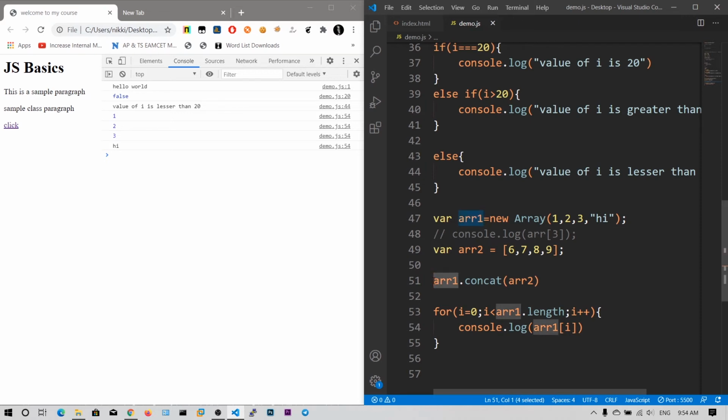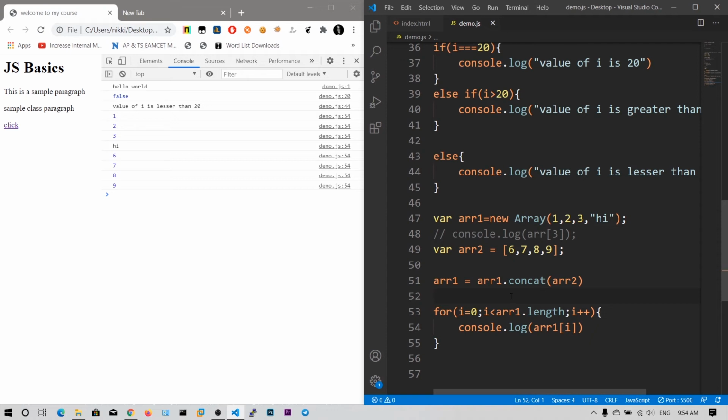But what you need to do is say array1 is equals to, sorry, what I did, okay, we have got array1 with 4 elements, array2 with 4 elements. So array1 dot concatenate of array2 returns an entire array which consists of the elements of array1 and array2. That will be assigned to array1. If I refresh this page, you can see the whole array contains 1 to 3 hi, and also the elements of array2. So this is one way of concatenating array elements.